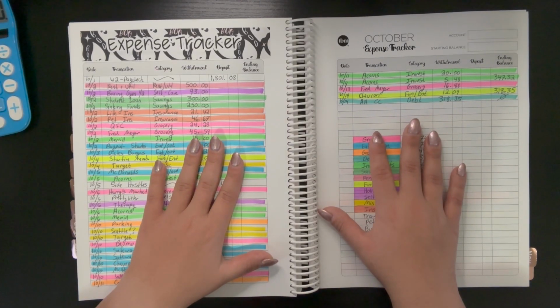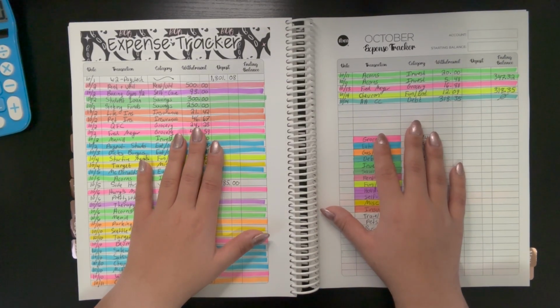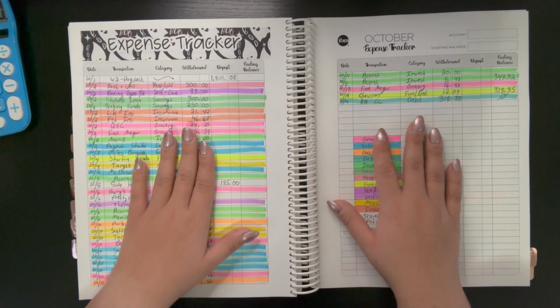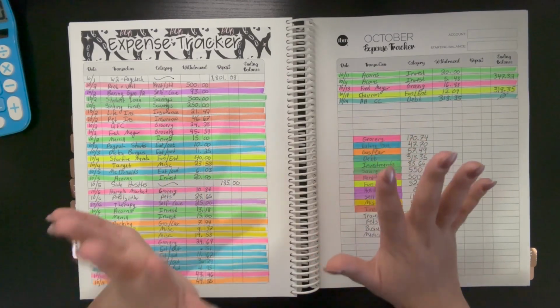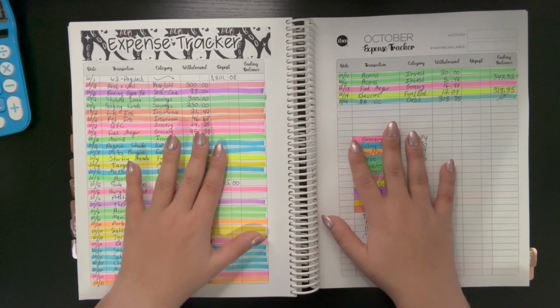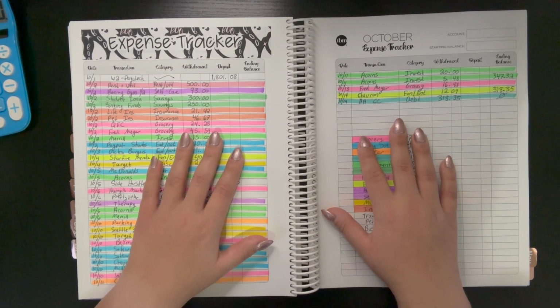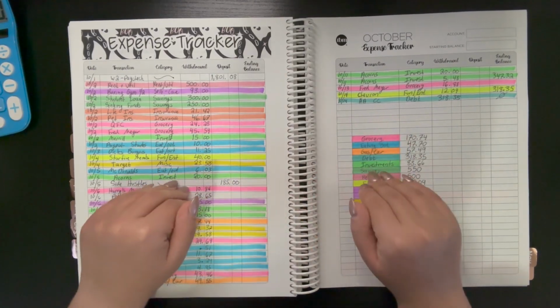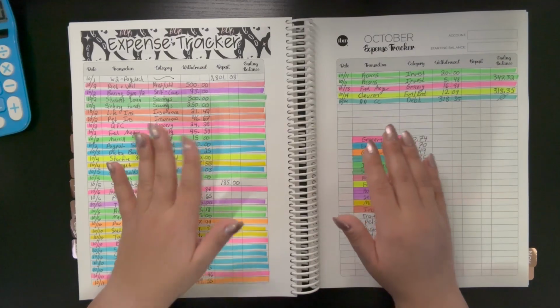Follow along my journey to paying off over $200,000 in student loan debt. Yes, that was truly the number I started with. I am a little bit less than that today because I paid off a significant portion during the COVID forbearance, the freeze, and now I'm just really working to continue dropping that balance and not letting it pay a bunch of interest. But in today's video, I will be closing out the first half of October,